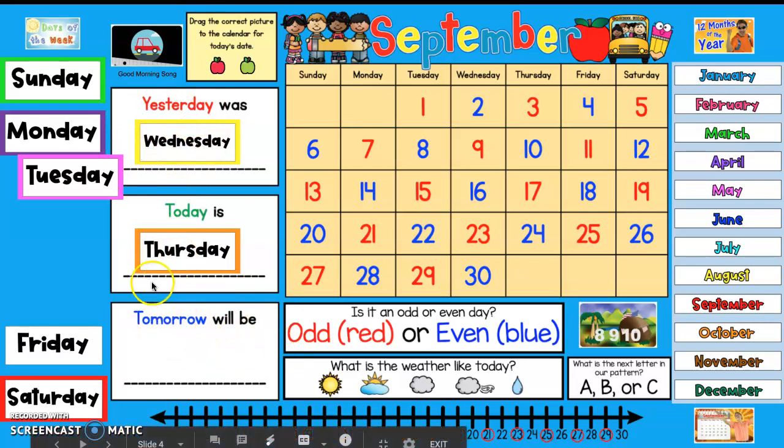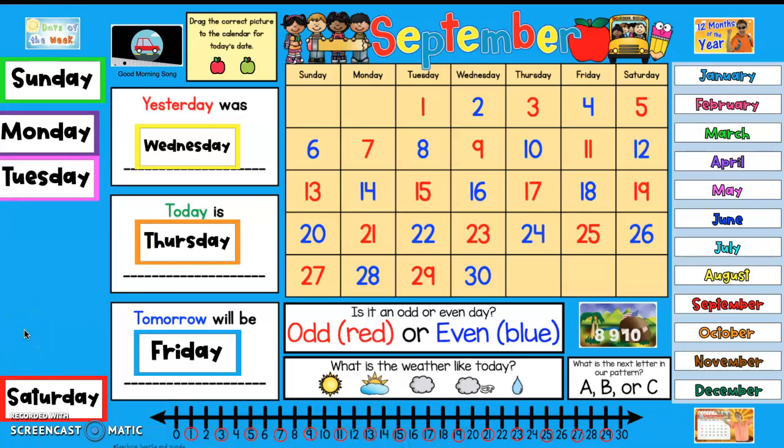So what will be tomorrow? There's Sunday, Monday, Tuesday, Wednesday, Thursday. What comes after Thursday? Starts with the F sound. That's right. If you said Friday, then you are correct, and that means it's the last day of the week for us for school. And then we have Saturday and Sunday, but those we don't have to come to school. So tomorrow is Fun Friday. Good job. So today is Thursday. Yesterday was Wednesday, and tomorrow will be Fun Friday.